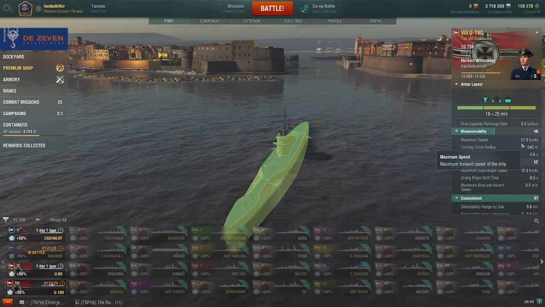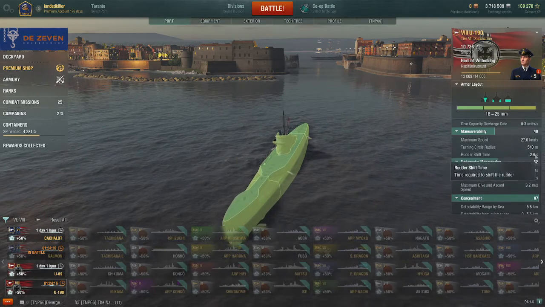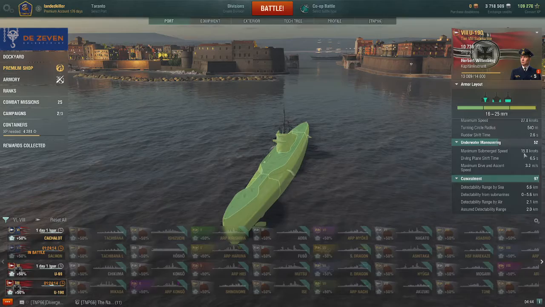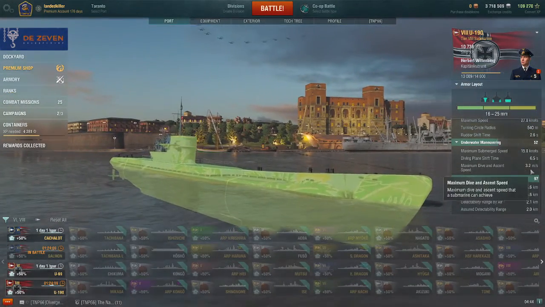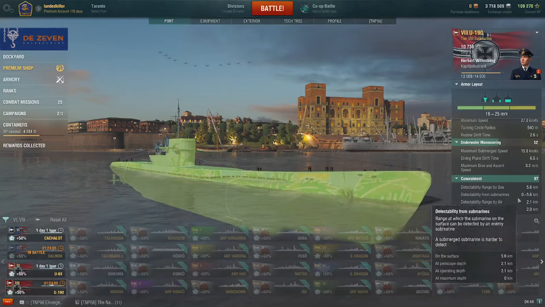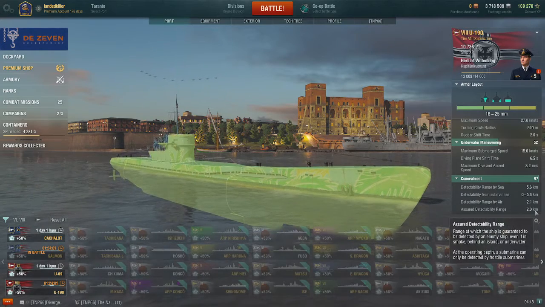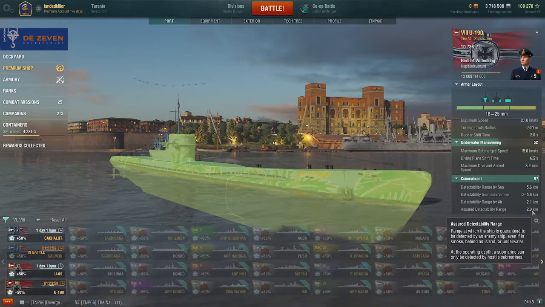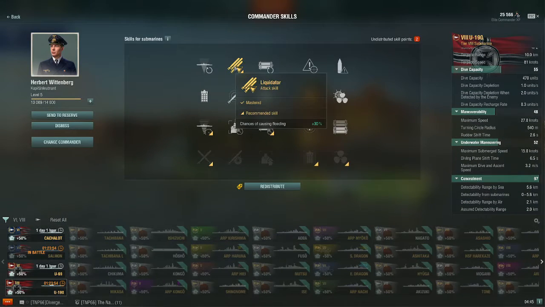Maximum speed 27 knots, turning circle radius 540 millimeters, average shift time 2.6. Merge time 15, diving plane 6.5, maximum speed descent 2, ability by sea 5.6, sub 0 to 5.6, air 2.1, bridge 2. Same skills I got going on, increased flood chance, maintenance, and eventually